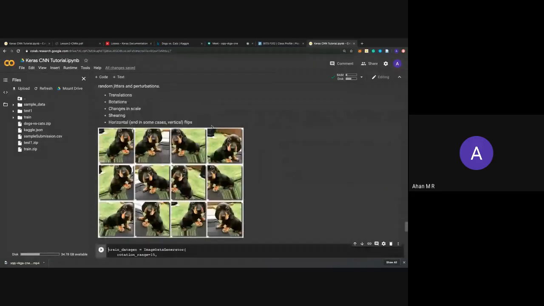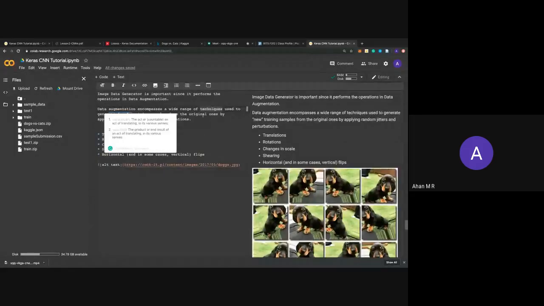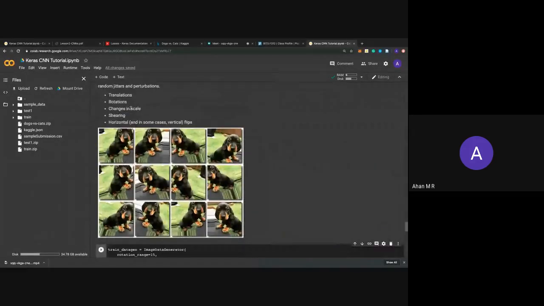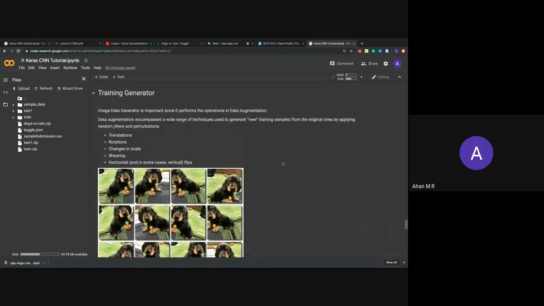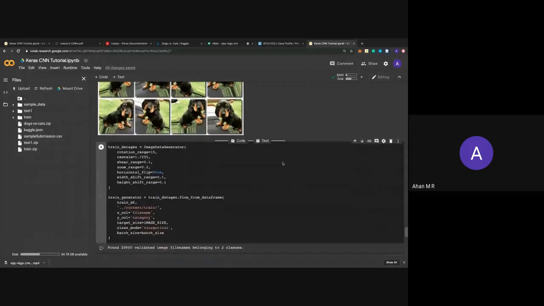So particularly we perform translations, rotations, and basically if you have a simple dog image, you see that we've performed different kinds of augmentations. We're using this kind of input so that there's enough noise in your data, so that your model is not overfitting, and at the same time it's learning more noisy data. Basically, you're trying to build a better model. If you don't use data augmentation, your model will perform good, but sometimes you may have to use data augmentation. So depending on situations, feel free to use data augmentation. I chose to use data augmentation here.